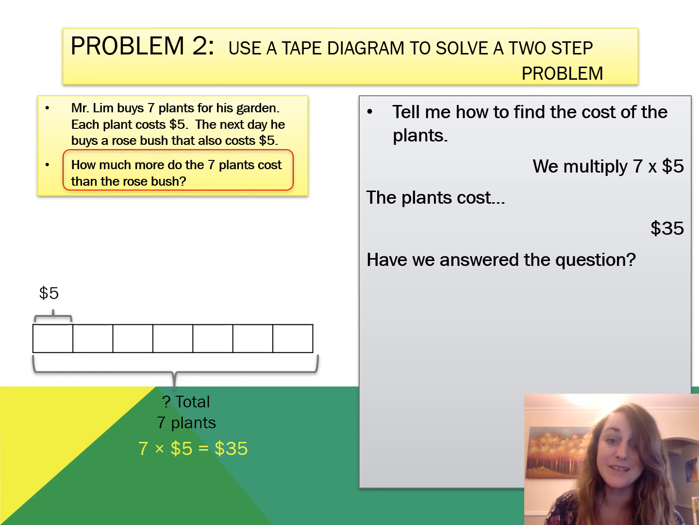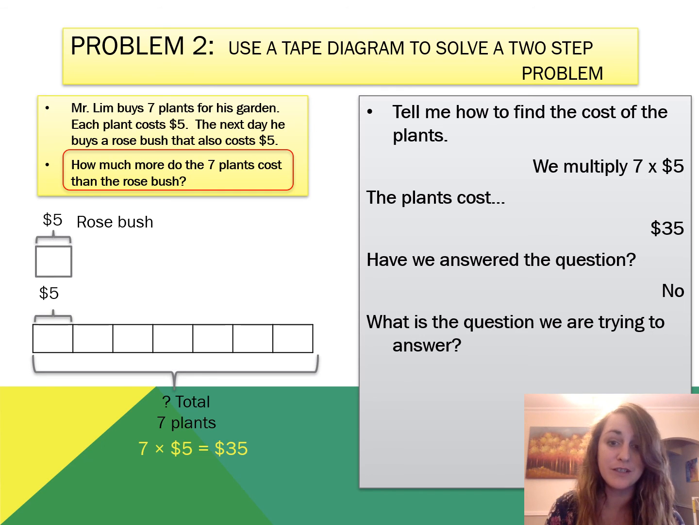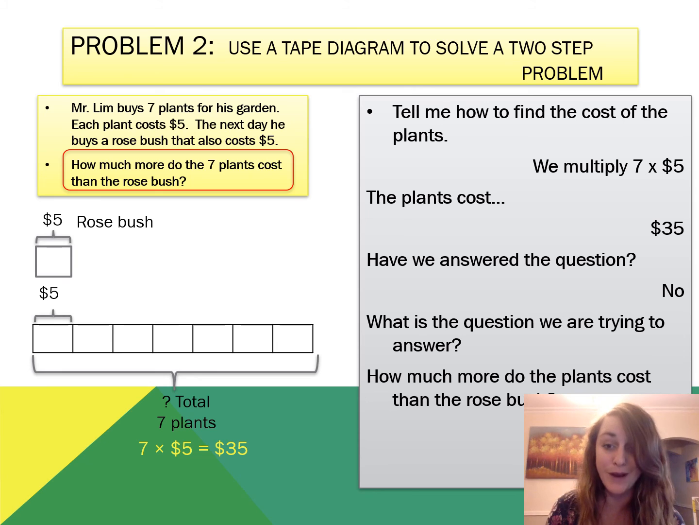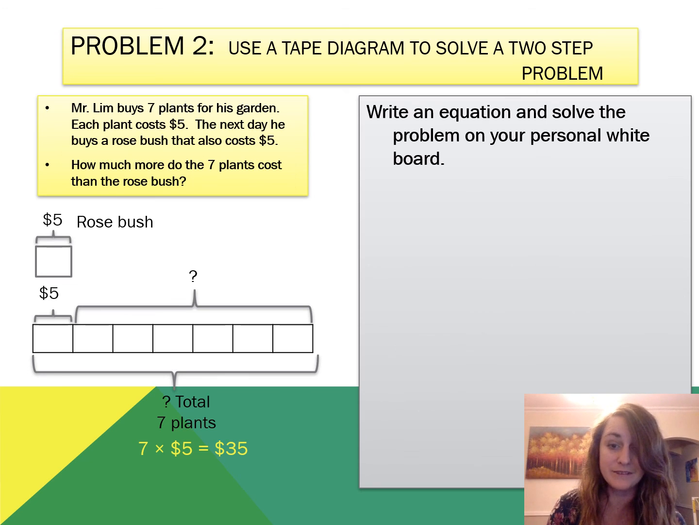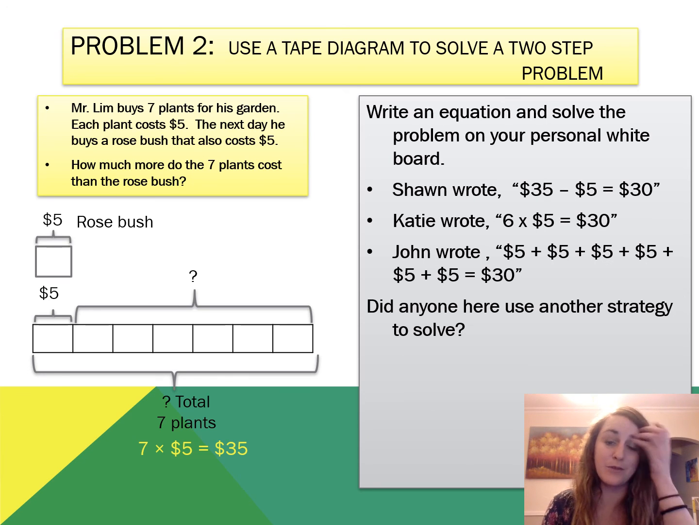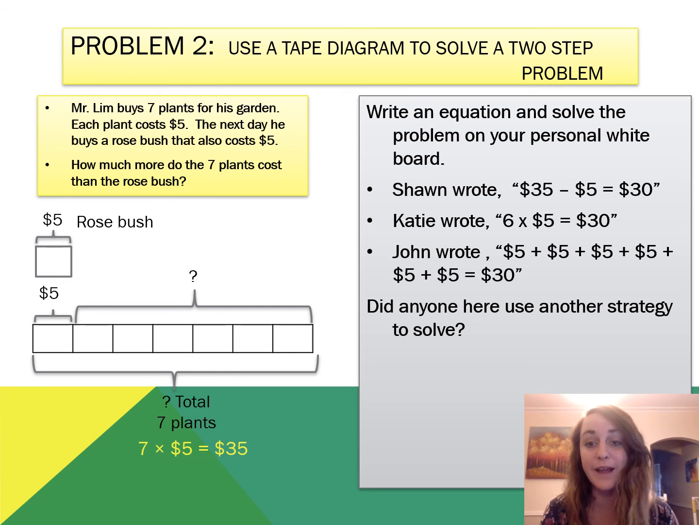Have we answered the question? We have not. How much more do the 7 plants cost than the rose bush? What is the question we are trying to answer? How much more do the plants cost than the rose bush? So we need to compare our information with the information from the rose bush. The rose bush costs $5. Let's write an equation and solve the problem on our whiteboards. You could write 35 minus $5 equals